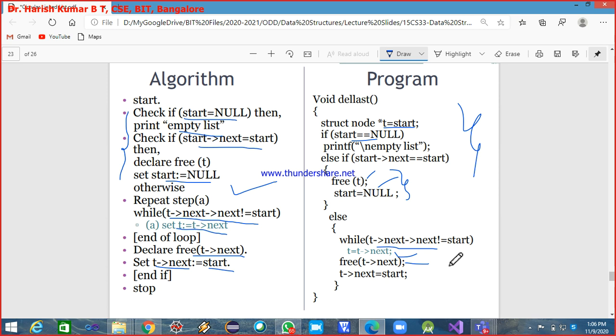Have you people started writing? Yes, sir. Yeah, do it.